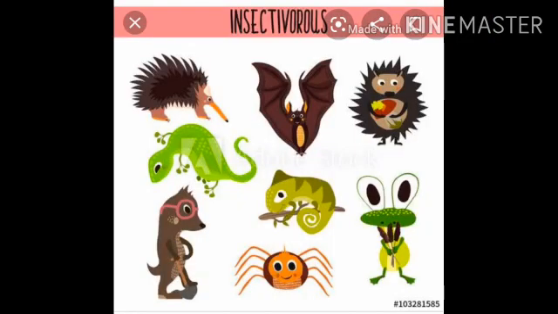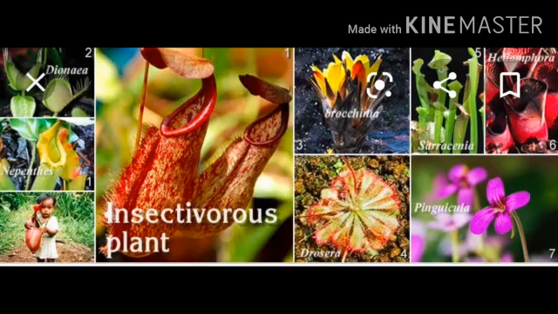Next is insectivorous. Insectivorous are those which eat only insects, like frogs and lizards. There are some insectivorous plants also. They make sugar with the help of green leaves, but they get their supply of protein by trapping insects. They are more like spiders than like frogs or lizards. They pour